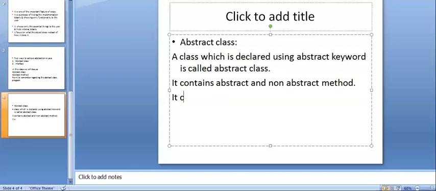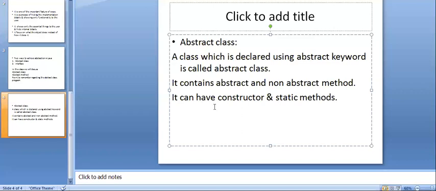It can have constructors and static methods.